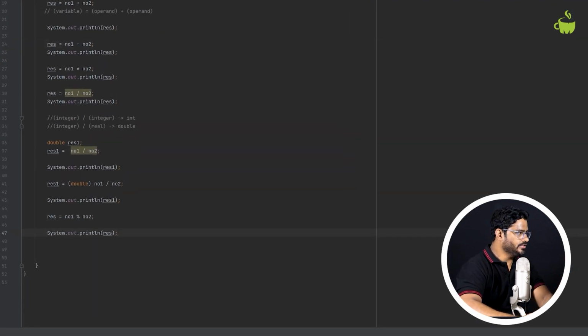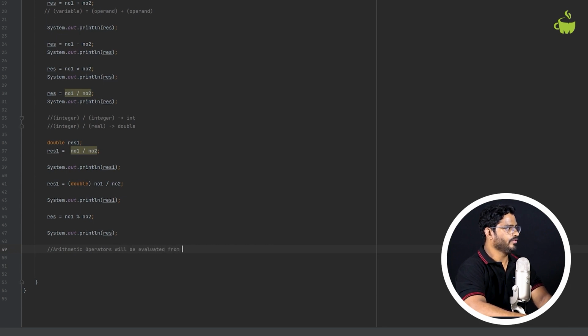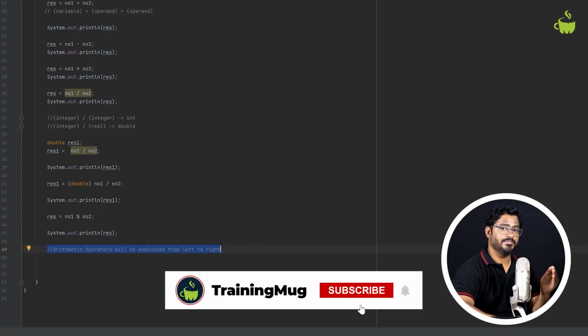Arithmetic operators will be evaluated from left to right. So when I say number 1 divided by number 2, it will be evaluated from left to right, 100 divided by 200, and similarly 100 minus 200, 100 plus 200, something like that. So arithmetic operators always will be evaluated from left to right, whereas assignment operator will be evaluated